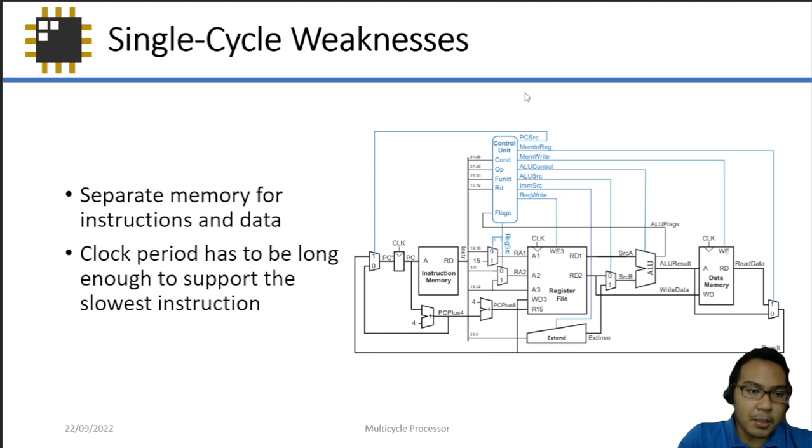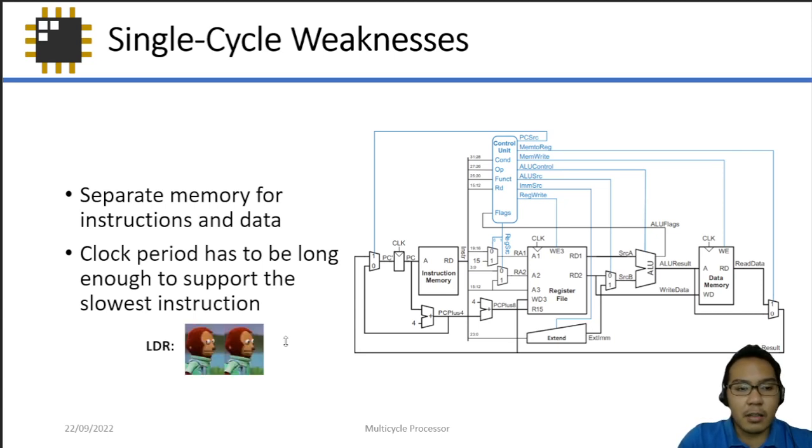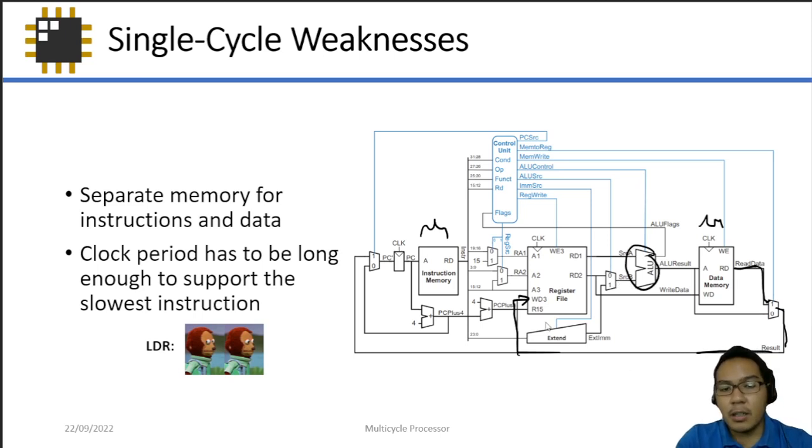Clock period for this one also has to be long enough to support the slowest instruction. Now, this is the major problem for the single cycle weakness. The slowest instruction for single cycle architecture is actually the load register operation. Why? Because it has to go through both the instruction memory and the data memory, and then it also has to wait for the stuff to come out of the data memory, after which it goes into the register file. Most other instructions only either use the ALU and then write that back to the register file,